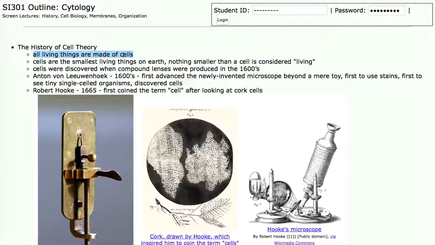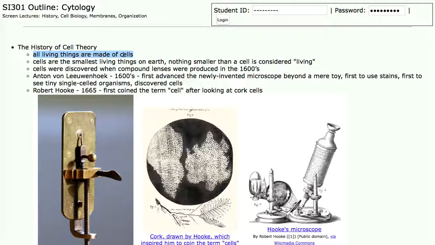You may have heard of, like, cancer cells being cultured or bacterial cells being cultured. You can take stem cells from a human and culture them and grow skin to put on a burn victim. But if you take a cell apart and you take the pieces out of the cell, they don't grow because they're not alive. So cells were discovered when the first compound lenses were being produced in the late 1500s and